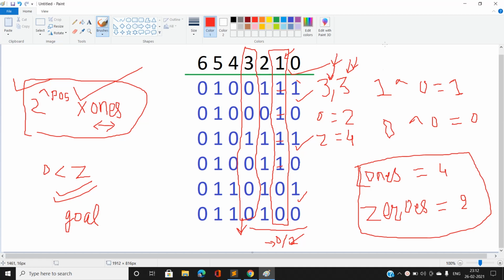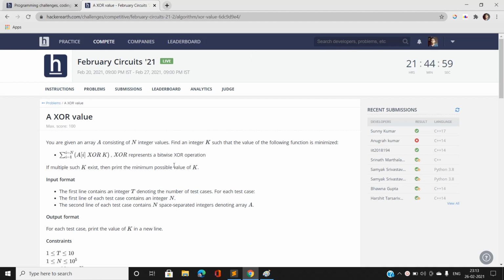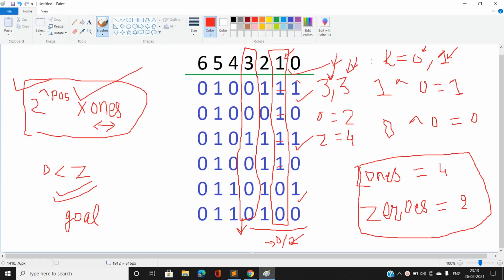But on taking k equal to 0, that is at the 0th position, take the bit position as 0 or take the bit position as 1. If we take the bit position as 0, we all know that this will not contribute to the value of k, but taking 1 will contribute to the value of k. We also have to minimize the possible value of k. So what would be our optimal operation? We will take the bit position for k as 0. We are not going to take 1, because if we take 1, this will maximize the value of k. So we have arrived at the conclusion.